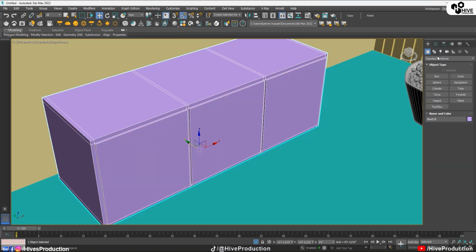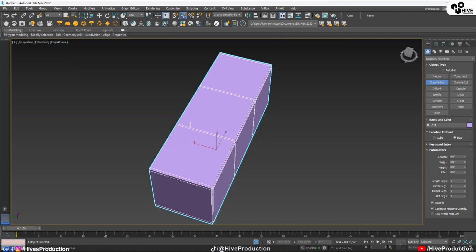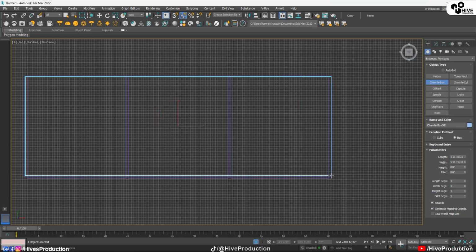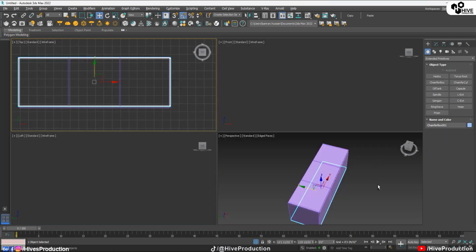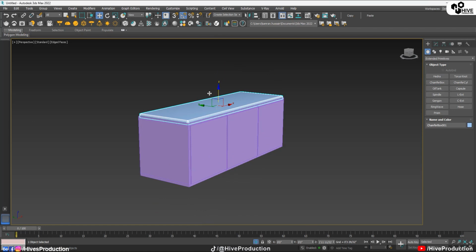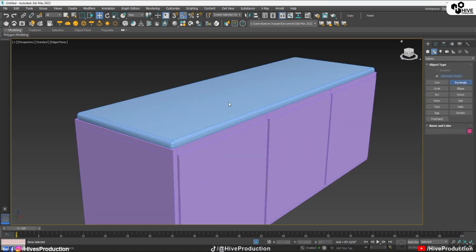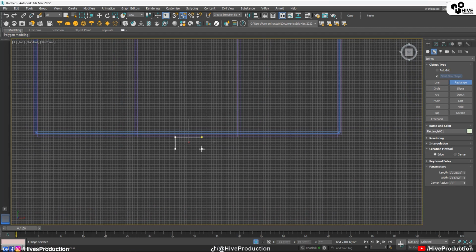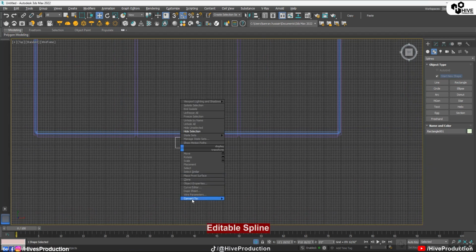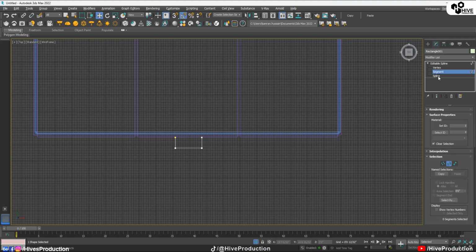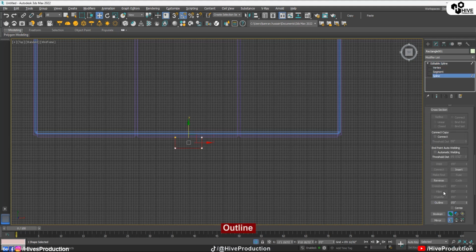That's perfect. I'm going to go to the extended primitives, take the chamfer box, and we'll draw a chamfer box on the top of this box. It's actually kind of for the sitting smooth mattress on the top of this. I'm going to take the rectangle here, and we'll draw a rectangle from the top to create a handle of these lockers. So take the segment, delete this, take this spline, make a little outline,